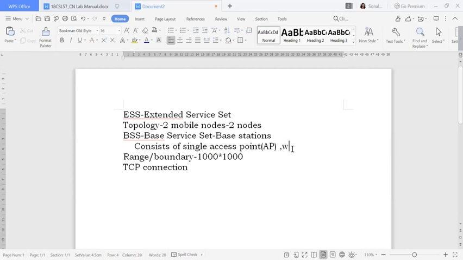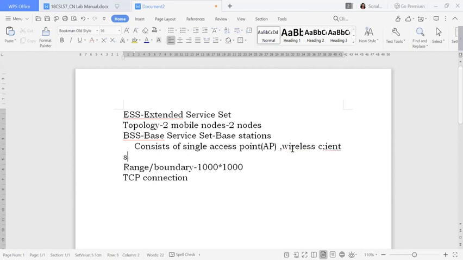What is that? All the wireless client devices. It is going to connect all these things together with your wireless client devices, and it creates this base station locally.